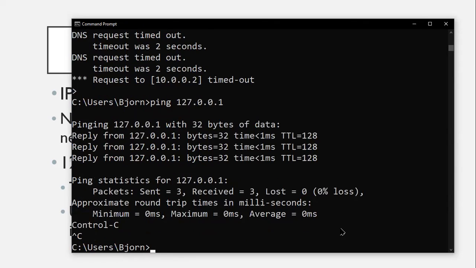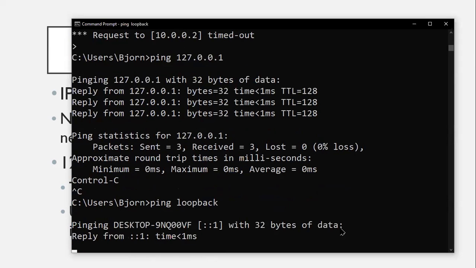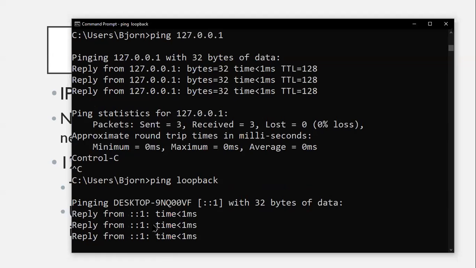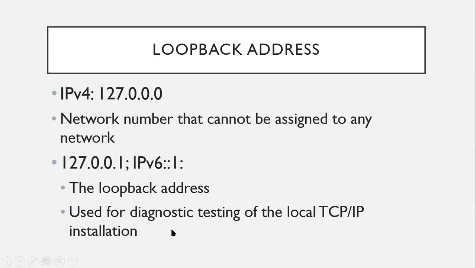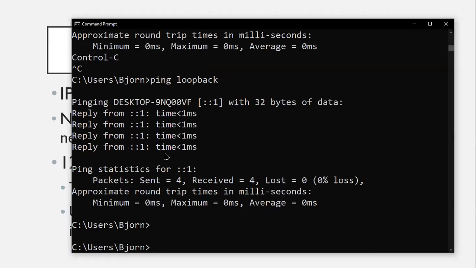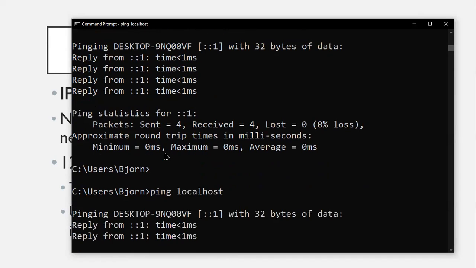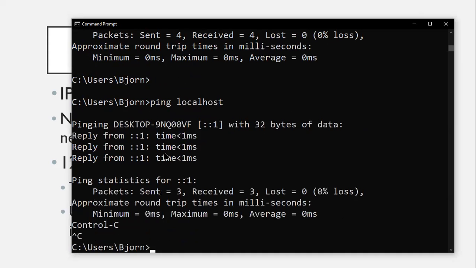You can also use ping loopback, which will give out the IPv6 loopback address. Or you can use ping localhost. So that is the diagnostic network IP address to check if your TCP/IP settings are working perfectly.